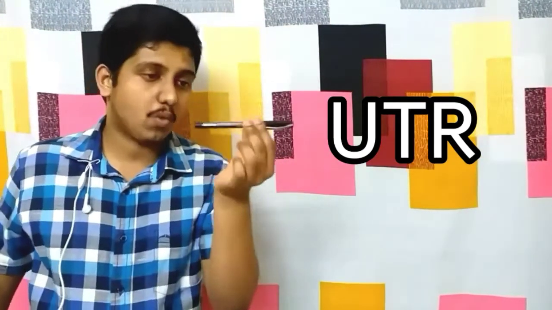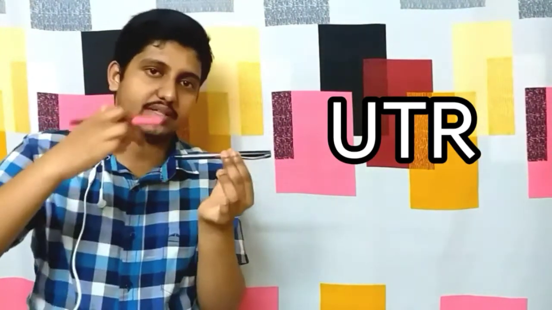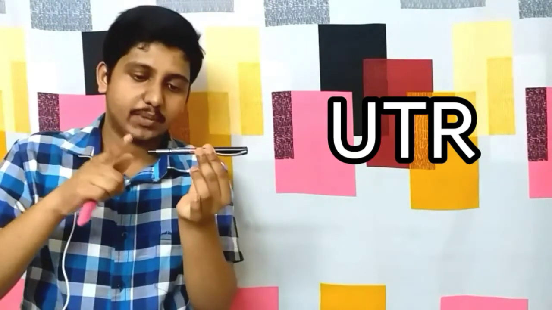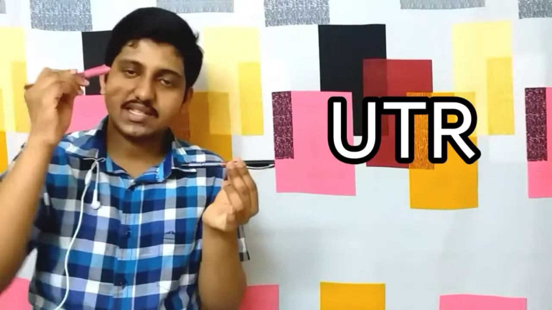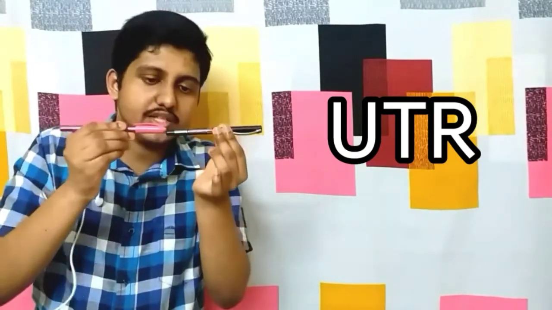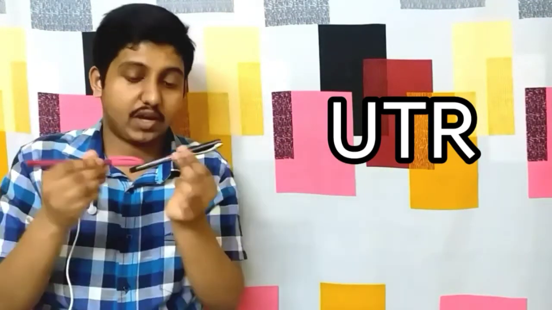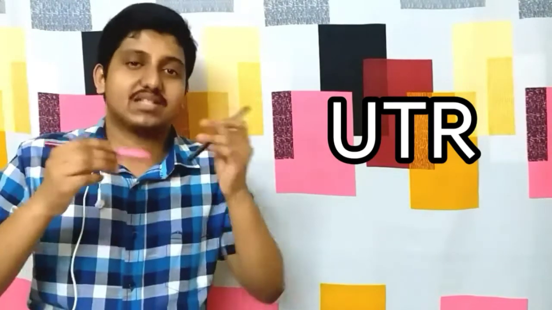You may use your common sense to understand this. What happens if the coding strands of all the mRNAs that are to be translated come together? Suppose this is one strand, this is one coding region, the translated region between a start codon and a stop codon, and this is another region of the same mRNA. If they are present together, it will be very difficult to separate these proteins after they are formed. That's why there are some untranslated regions in between, and so it becomes easy for these proteins to be released. So for that easiness and efficient process, we have untranslated regions called UTRs.